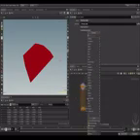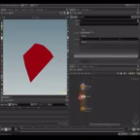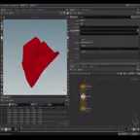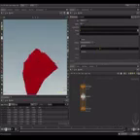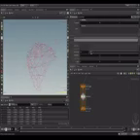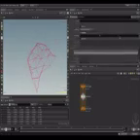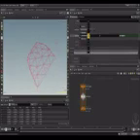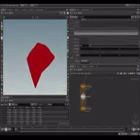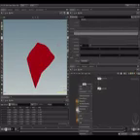So let's create an attribute noise. Again, with the position, center. Let's play with this. Not too much. Cool. Now, if I right click here and go to the actions and create a reference copy,